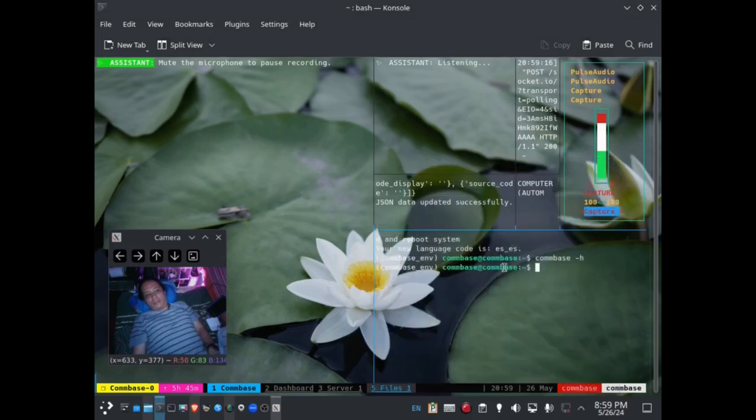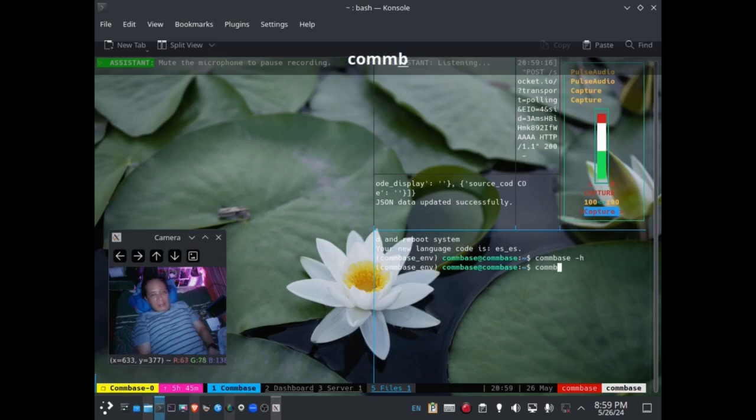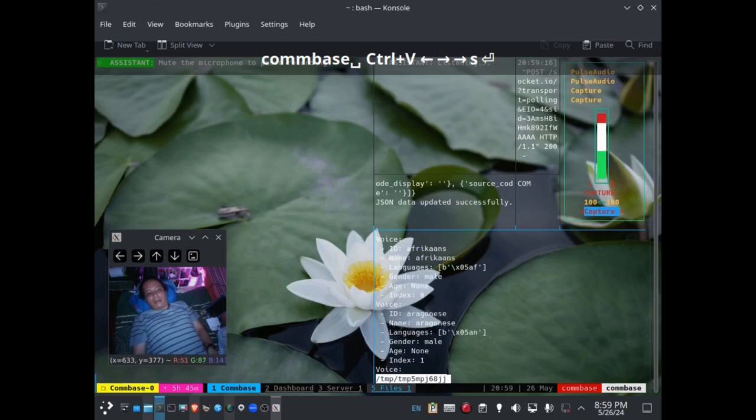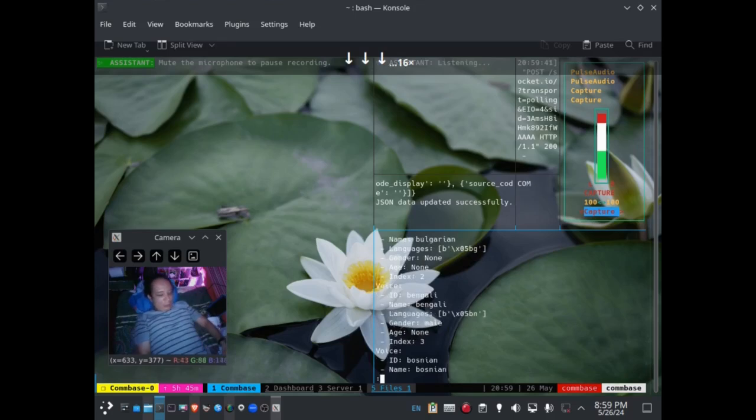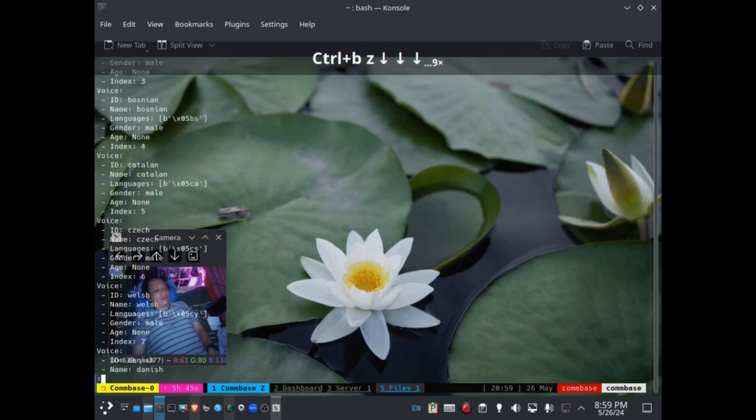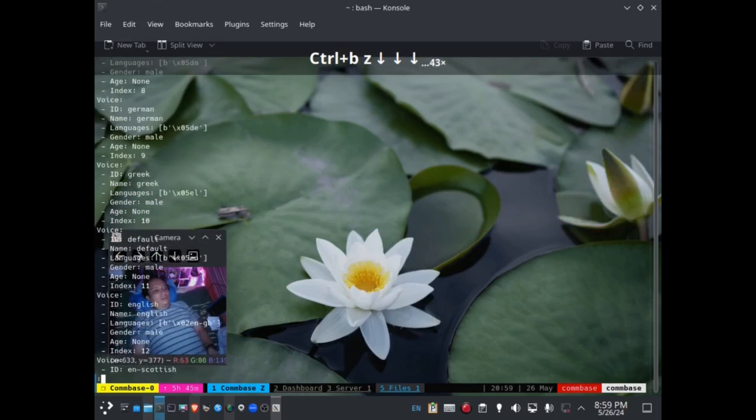I think it's voices, but let's say base voices, right? And I have there all the indexes. I'm going to go back and zoom it, Control V Z, so I can see all the indexes, right?